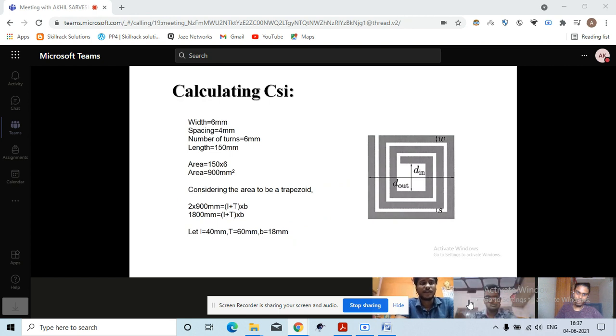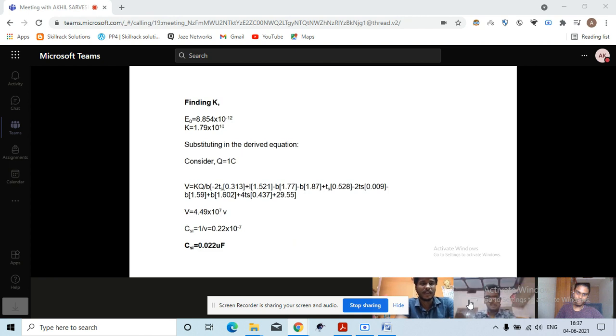For that practical value we got, that same inductor has these dimensions: width of 6 millimeter, spacing 4 millimeter, number of turns 6, length 150 millimeter. As per our formula, we are finding the area and equating the area to a trapezium. Next page. The trapezium formula is 1 by 2 (L plus T) into B. Sorry, we are equating to it. So from that,